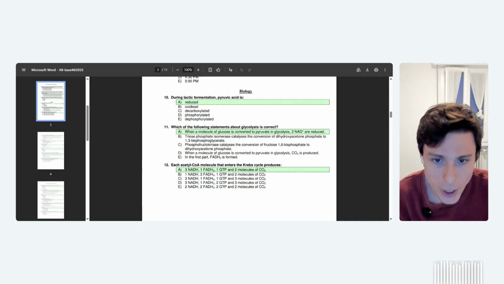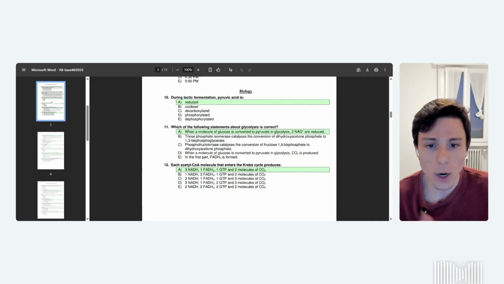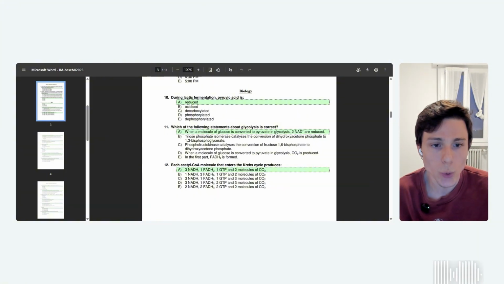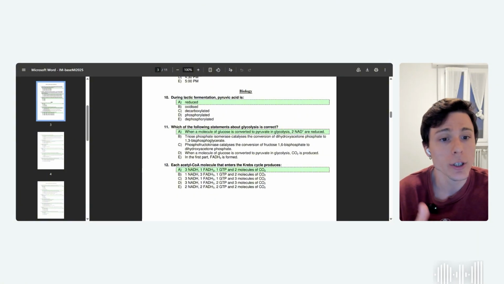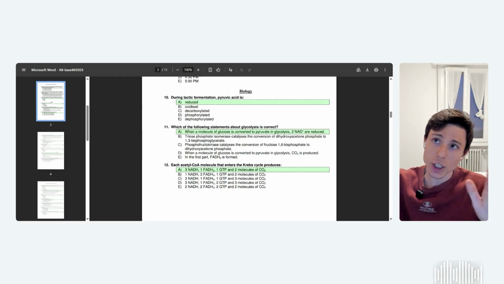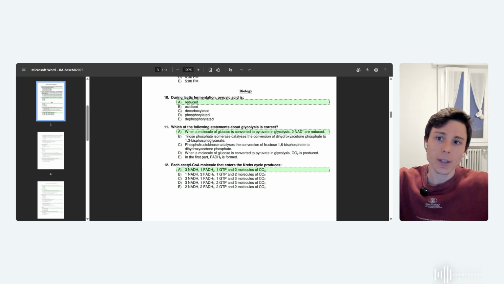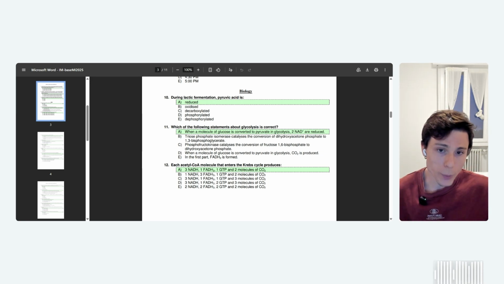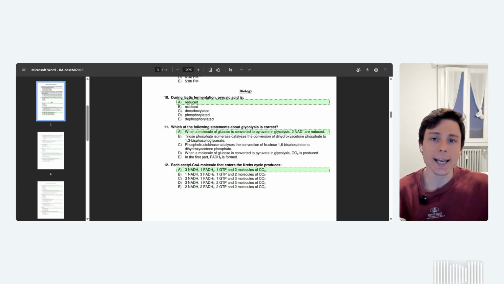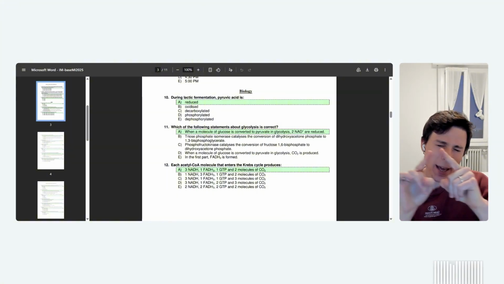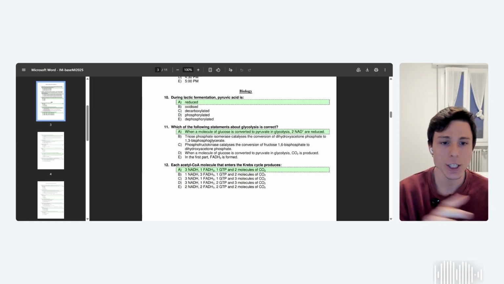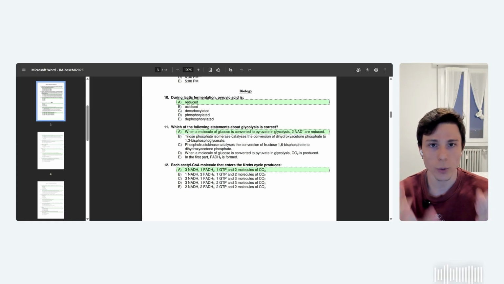In this case, it's the first option here, and let's see the description. When a molecule of glucose is converted to pyruvate in glycolysis, 2 NAD plus are reduced. Perfect. So we're talking about glycolysis. Forget about fermentation. We are oxidizing the glucose in order to form pyruvate. Okay, we're also producing ATP, but also NADH. So having that mantra 2, 2, 2 in mind, 2 pyruvates, 2 ATPs, and 2 NADH would help you a lot to answer it straightforwardly.